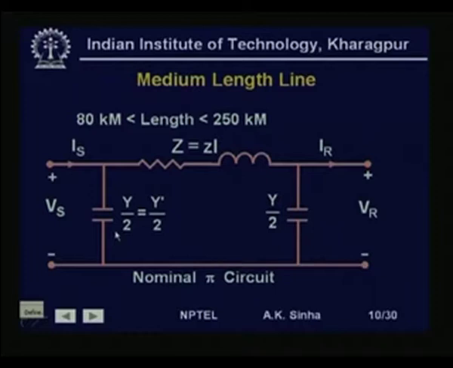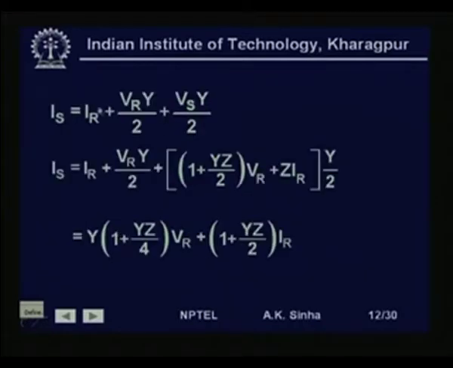So, we are writing Is is equal to IR plus Vr into Y by 2 plus Vs into Y by 2. Now, again rearranging this by combining terms, we write this as IR plus Vr into Y by 2 plus